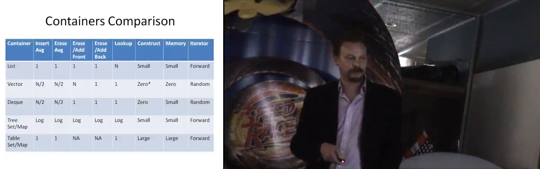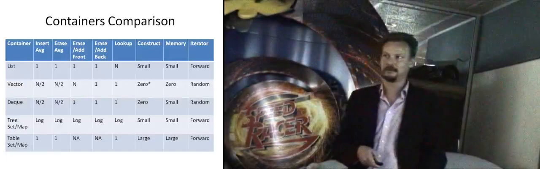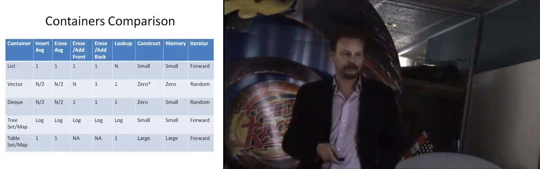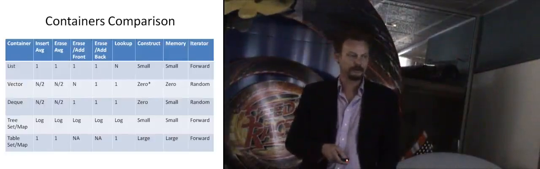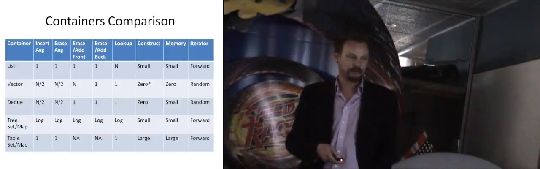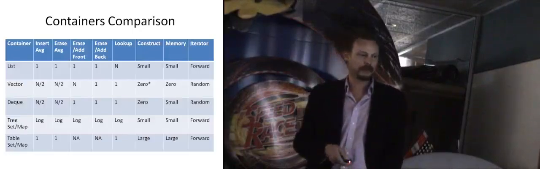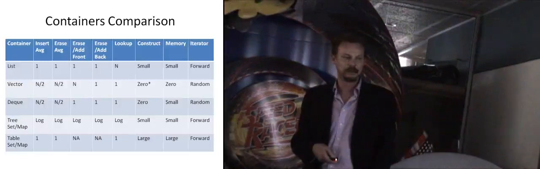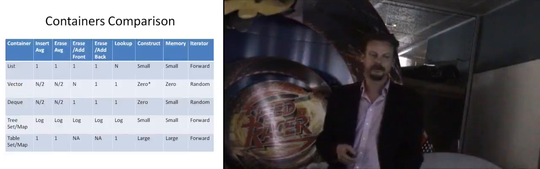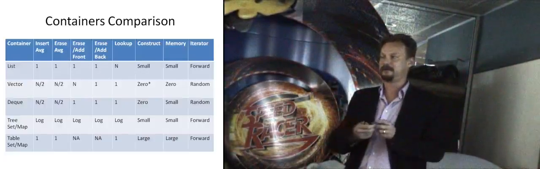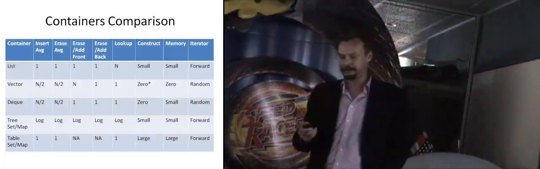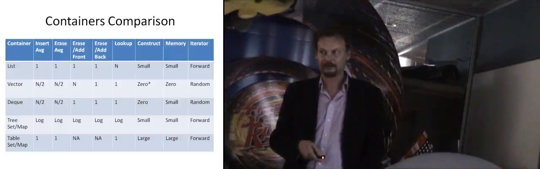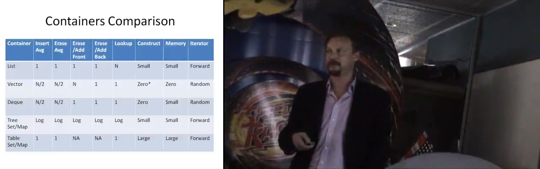On the downside, our construction times for tables is quite large because we're constructing a hash table, which means we need to make some sort of bucket list to start with, and it's a large chunk of machinery which you don't want to be making on the stack. Generally, the memory overhead for a table is large compared to everything else. The memory overhead for a tree is just 2 pointers per element. For a table, we've got a big table that's sparsely filled, followed by a set of lists. They're a bulky structure that happen to have the best performance characteristics.